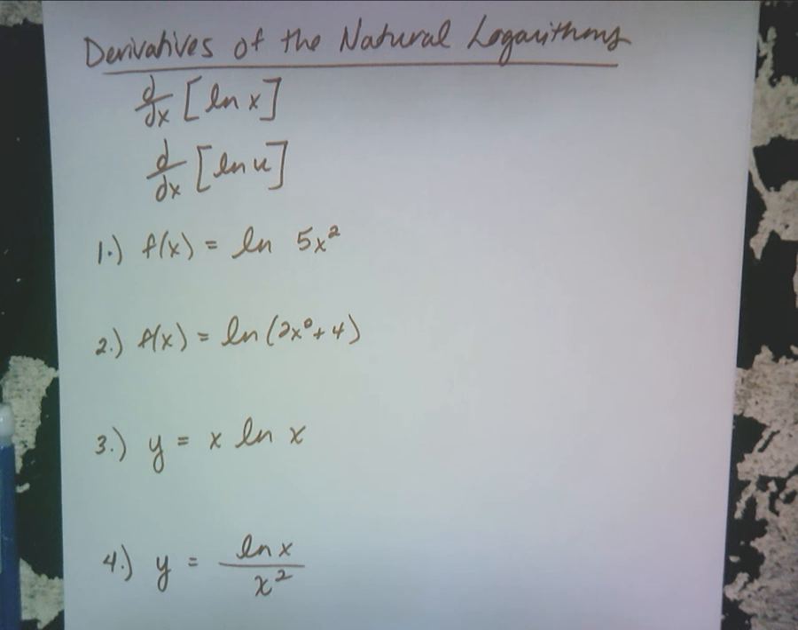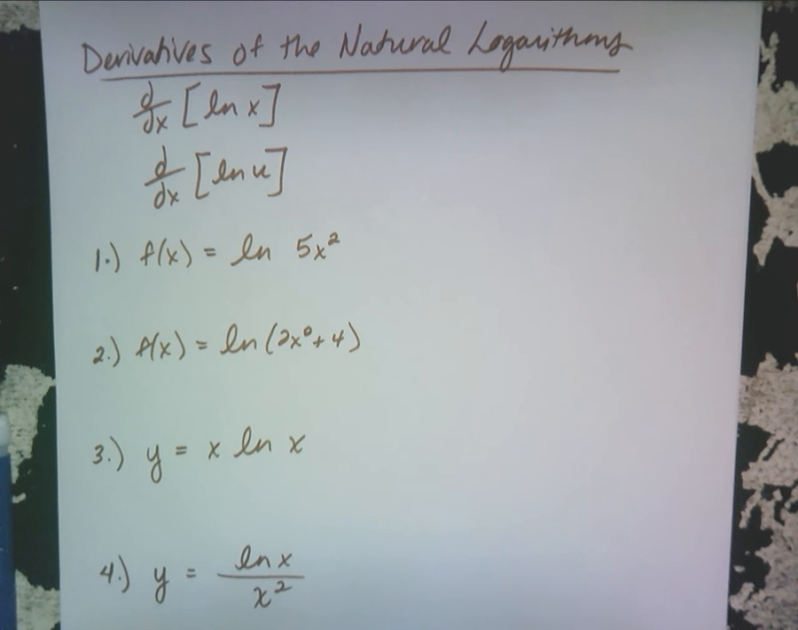Okay. So if you thought e to the x was easy, this one is just as easy. E to the x, the derivative is e to the x times the derivative of the exponent. This one,